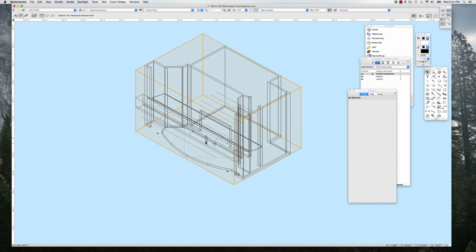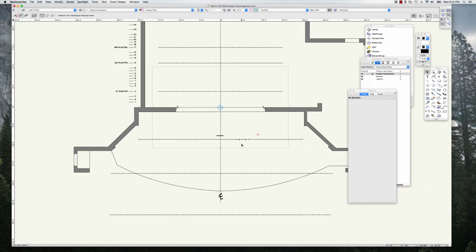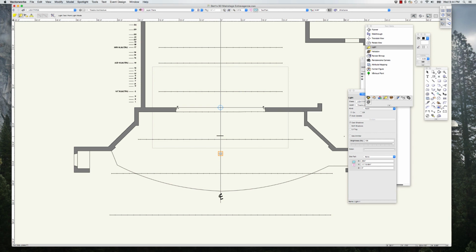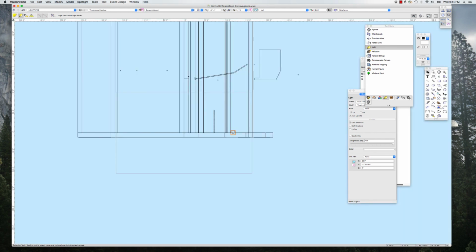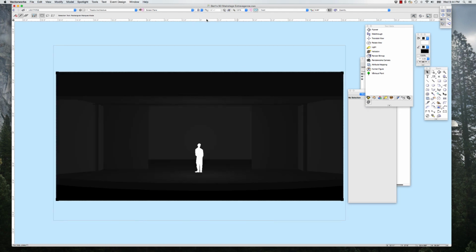And then I think it would also be nice to give him a light. So rather than putting in a stage light, which we're going to talk about in the next project, I'm just going to go ahead and put just a regular point source light bulb in, just right here. I'm going to go to left view, and so this is basically sort of like a ghost light kind of deal. I'm just going to raise this up some reasonable height, and then if I go to front perspective now,